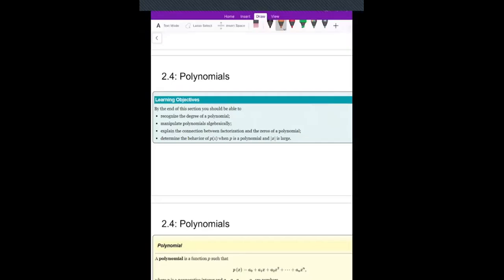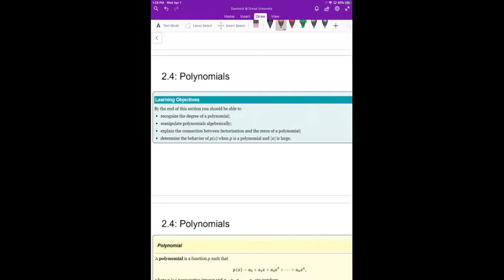Okay, guys, welcome. Today we're going to talk about polynomials. What I want to be able to do specifically with that is I want to talk about a couple things. I want to talk about what the degree of a polynomial is. I want to talk about how we can do things algebraically with polynomials, such as adding, subtracting, multiplying, and dividing